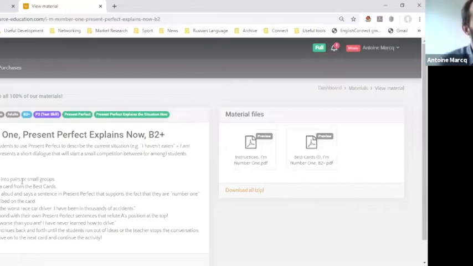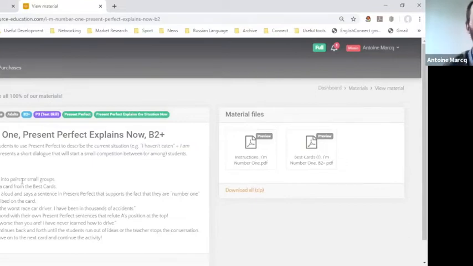Now, I really like this activity. It's really loads of fun. Students are going to have a lot of fun with this. In a lot of cases, present perfect is used to boast. You're explaining that you're the ideal candidate for the job, that you're the man for her, or you're the woman for him. Things like that. I've done this, I've done that. I haven't done this yet, but I'm going to do it soon. Things like that. And we're going to give our students a good opportunity to practice this in this way.